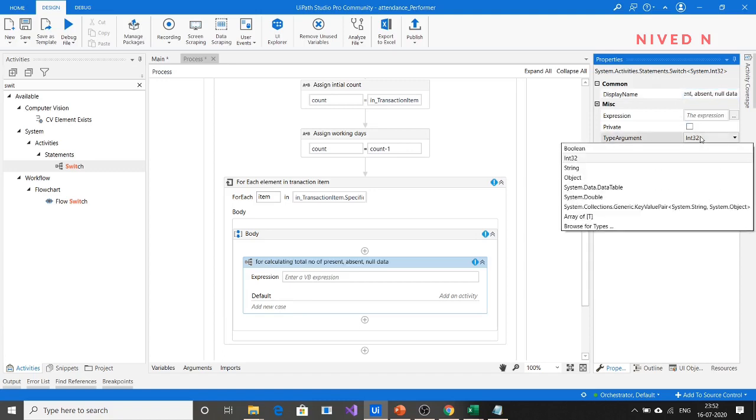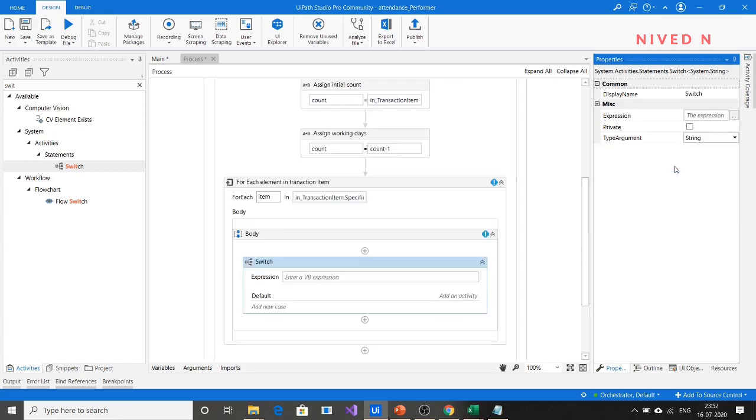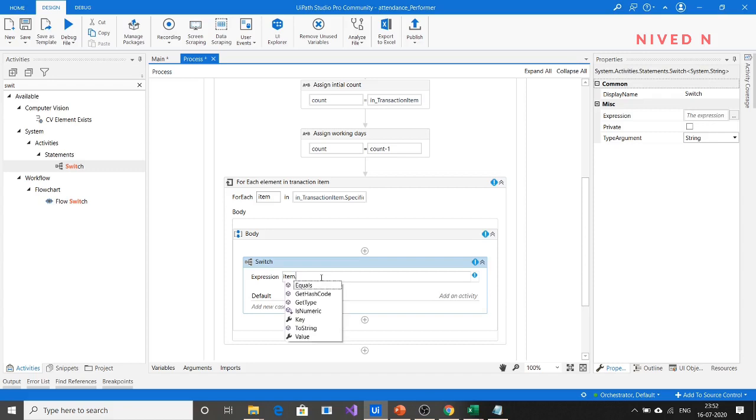You can change the type argument since we are using a string here. For that item, to get the value, just use dot item dot value. It will retrieve the value. We know that the value of this dictionary is an object, and you have to convert it to string. For that you can use dot to string.